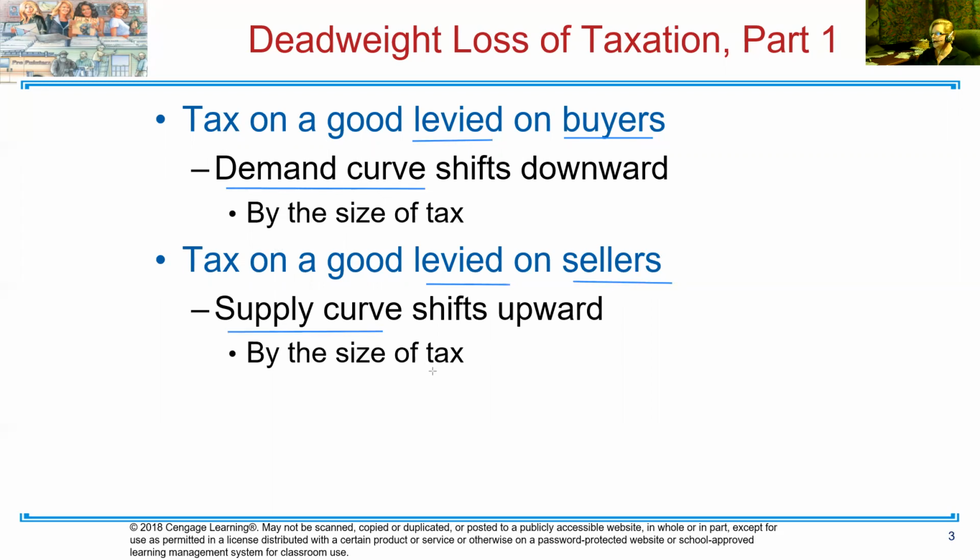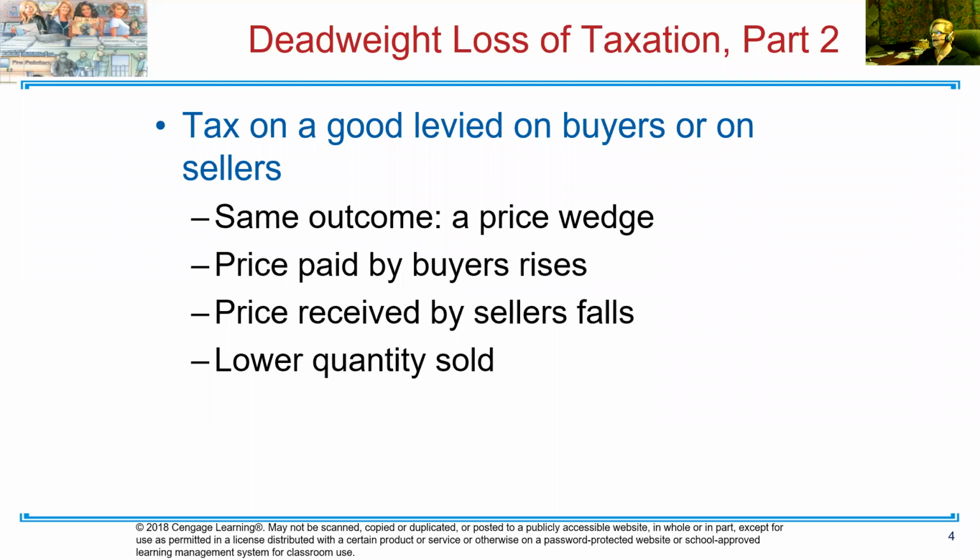Now, remember that it doesn't really matter who the tax is levied on, because what really happens is, let's see if I can get this to advance. So yeah, there we go. Okay. The outcome's the same. We end up with this price wedge. And I think this is why we're saying the short way is the easier way to go. And so, again, we get a wedge. So we can use that tax wedge, that quicker way, to see what happens in the graph.